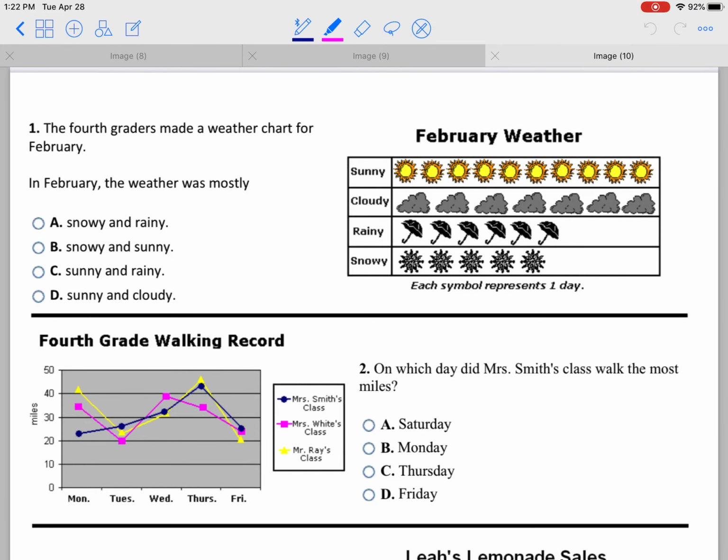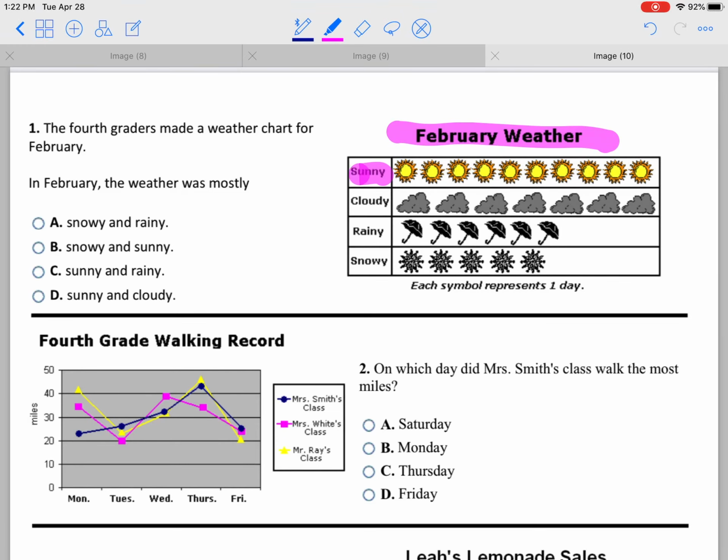Good morning. Today we are going to be looking at information that we can gain from illustrations. And in this case, we're going to be looking at nonfiction text features. So you'll see a couple of charts here, and we're going to look at number one. Number one says the fourth graders made a weather chart for February, and we can see this weather chart over